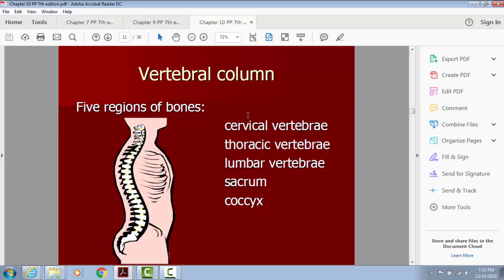The vertebral column, if you remember from, what system did we have that? Oh, it wasn't in a system. We had it back in chapter 4, body structure, and we went through the different sections of the spine. The cervical vertebrae, if you remember, there are 7 cervical vertebrae in the neck region. There are 12 thoracic vertebrae in the chest region. There are 5 lumbar vertebrae in the lumbar region, or lower back, and the sacrum, there are 5 sacral vertebrae. And then, if you remember, the coccyx is the little guy peeking off the end here, and it is comprised